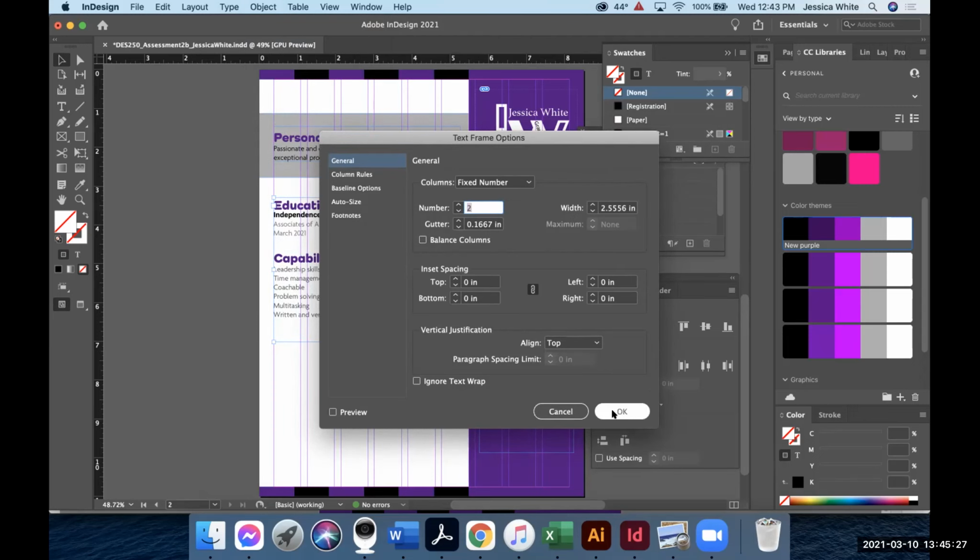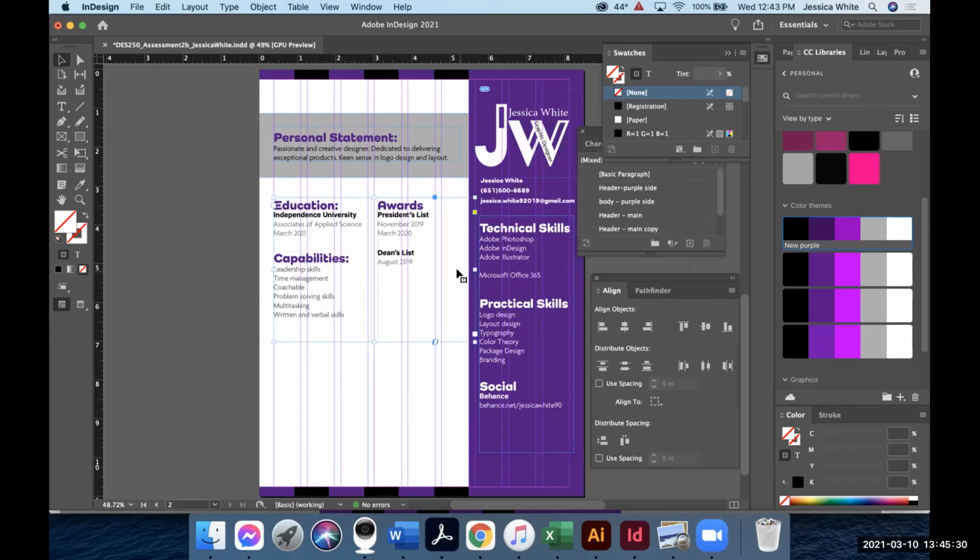0.1667. Why is that? That's crazy. Because it should be the same. Oh, I know what I did. Never mind. That's what I did. There we go. I was trying to figure out, I can't really see it that well, but that purple, I was like, okay, well, why? Okay, so